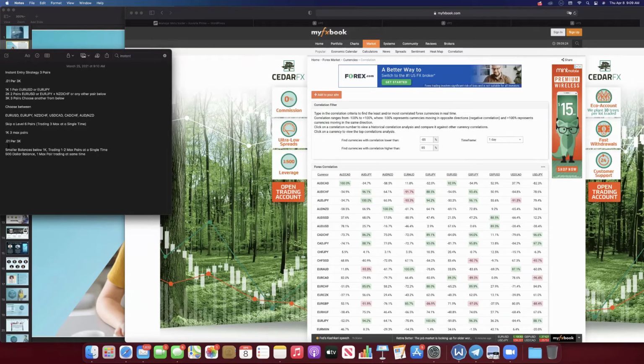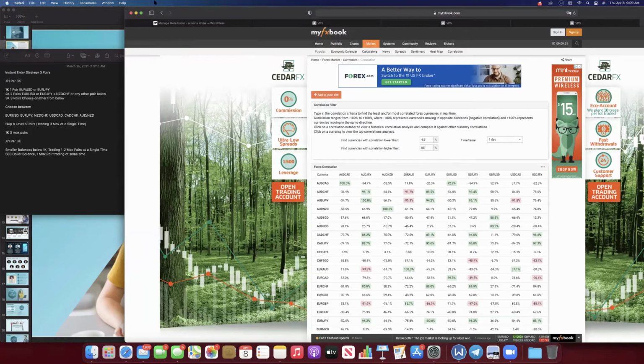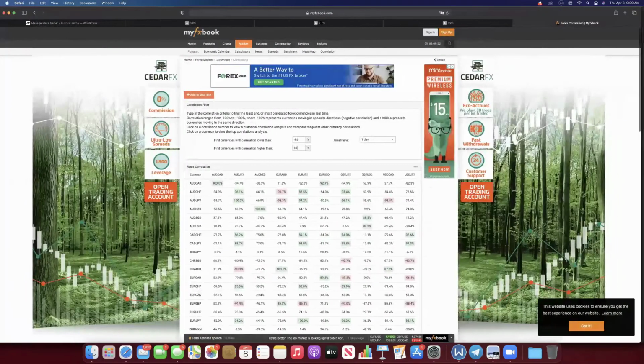Now, if you're using any balances below $1,000, please make sure you're only trading 1 to 2 max pairs at a single time. Anything under 500, 1 max pair trading at the same time. If you're using multiple pairs on a $500 account at the same time, you're just asking for a bad day. You don't have enough equity and skin in the game to survive any kind of major move. It's more like gambling and luck. And here we're not about gambling and luck. We're about wealth creation and solid opportunities and strategies to see success.